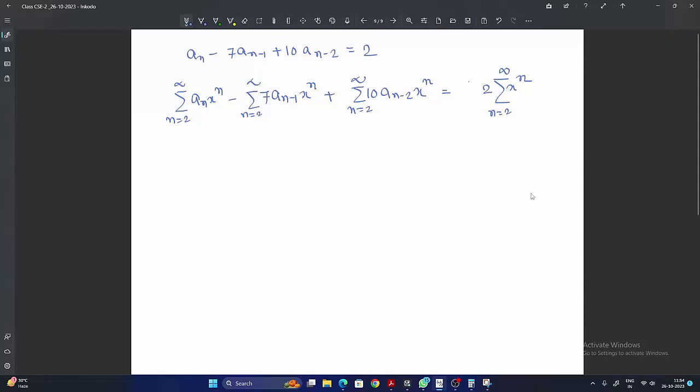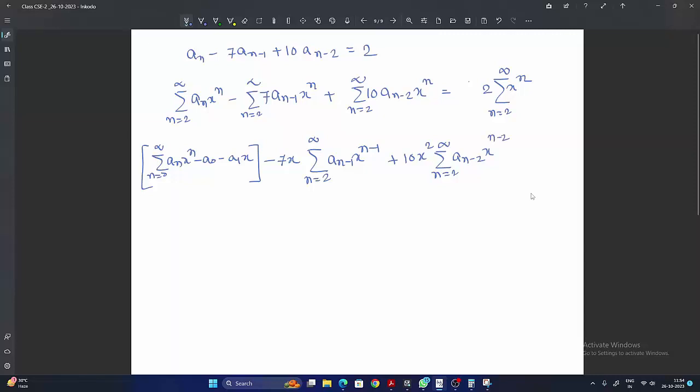तो अब सीरीज को कंप्लीट करना है, तो इस सीरीज को कंप्लीट करोगे तो n is equal to 0 to infinity a n x to the power n दोगे, उसके साथ माइनस a0 और माइनस a1 x जाएगा। इस सीरीज को कंप्लीट करने से पहले बाहर एक x लेना है, यानी कि you have to take one 7x outside. फिर जो सीरीज होगा वो n is equal to 2 to infinity तक a n minus 1 x to the power n minus 1 जाएगा। फिर प्लस यहाँ पर 10x square बाहर लेना है और summation n is equal to 2 to infinity a of n minus 2 x to the power n minus 2 जाएगा, प्लस इज इक्वल टू,